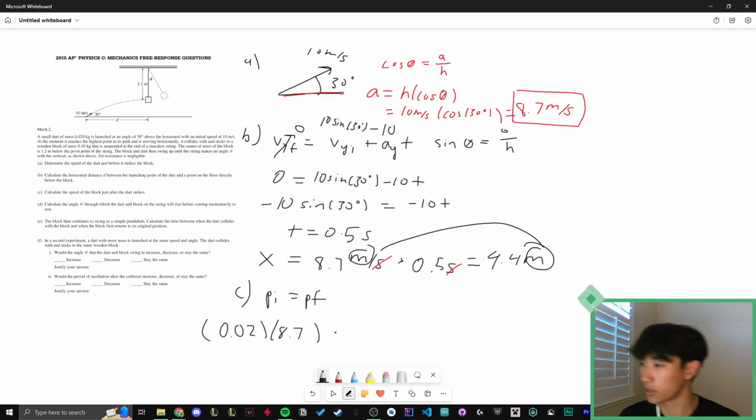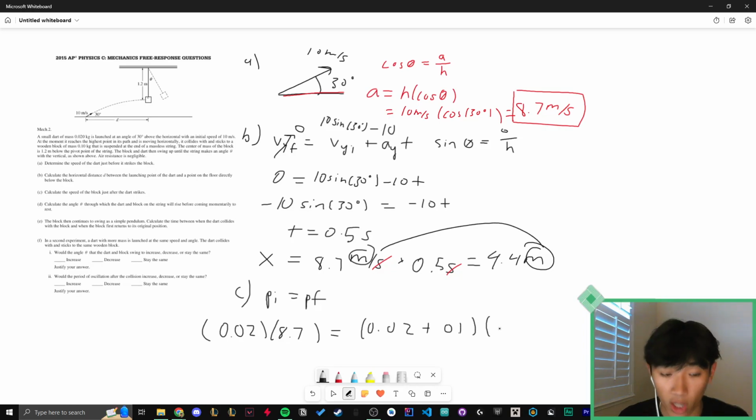Okay, this is right. And then what we're going to do now is we're just going to set it equal to our P final. So what is our P final? Remember that it is the mass of the object multiplied by the velocity of the object. However, in this collision, the two objects collide and stick to each other. So that means we have to account for the masses of both the dart and the block. So let's add the mass, 0.02 plus 0.1